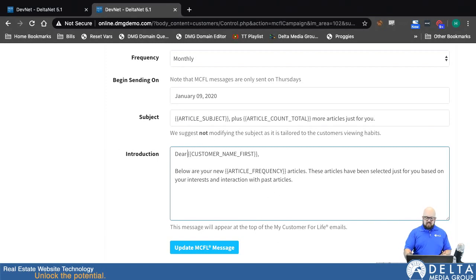The only thing I would suggest here is probably not to put the "dear" there, only because if you have an email address for a customer but they don't have a first name entered into the system for whatever reason, if you have "dear" there, it'll just say "dear" space comma and then the rest of the